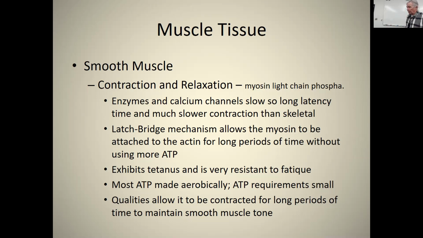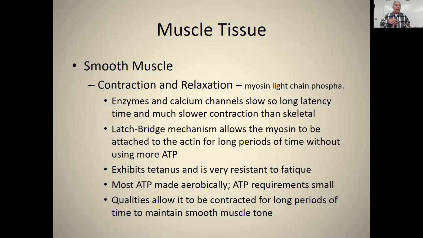Then there's this latch mechanism, which allows the myosin to be attached to the actin for longer periods of time without using more ATP. So you can have smooth muscle contracted for long periods of time, and it's not using more ATP. So it's very economical, and this is called a latch bridge mechanism. It does exhibit tetanus and is very resistant to fatigue. Most ATP is made aerobically, but the ATP requirements are small. So these qualities, like I said, allow it to be contracted for a long period of time to maintain smooth